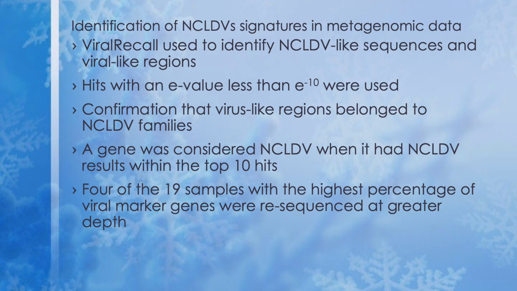Identification of the NCLDV signatures in the metagenomic data. ViralRecall was used to identify NCLDV-like sequences and viral-like regions in all the metagenomes, metatranscriptomes, metavirome, and pure algal culture. Options were as follows: DB marker, C. The marker option was used only to search against 10 NCLDV marker genes, encoding for factors for maturation of the viral capsid, SID,